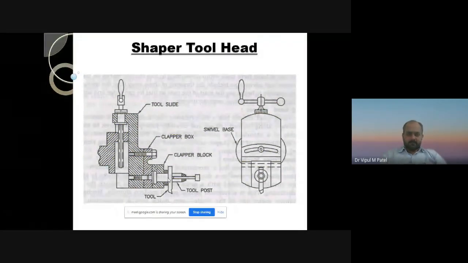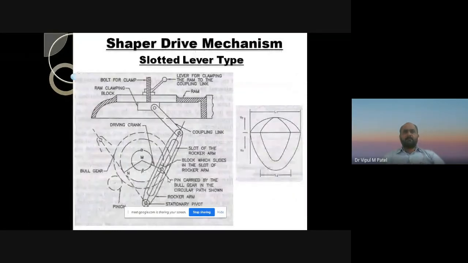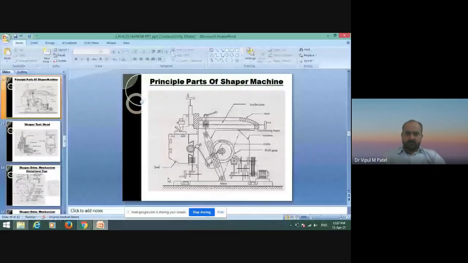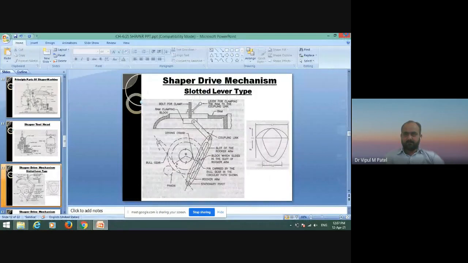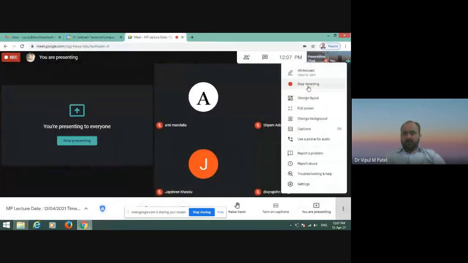Understand? Good. This is a shaper drive mechanism. This one is a slotted lever type that we will discuss in the next lecture. Today it is enough, and I will talk to you